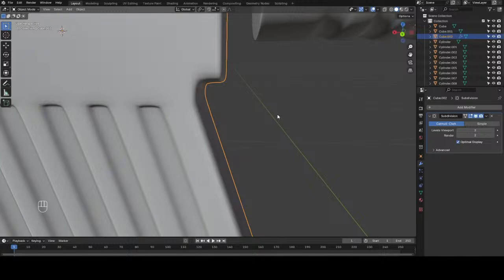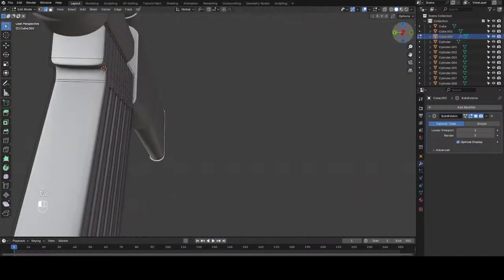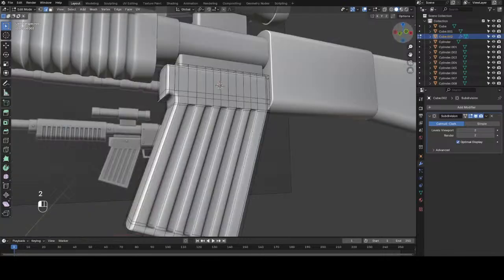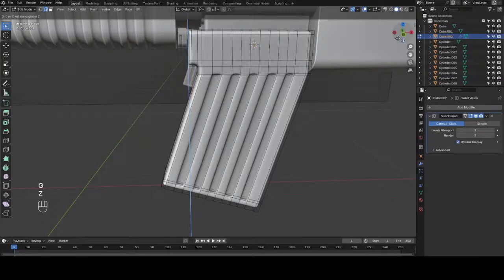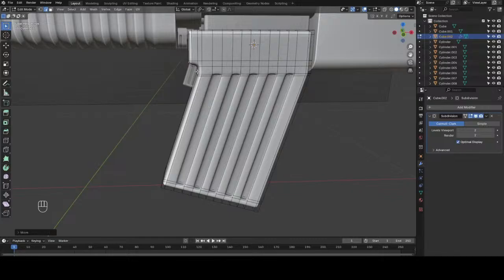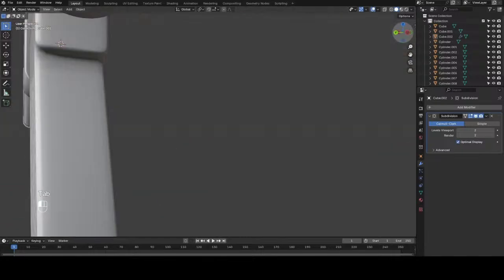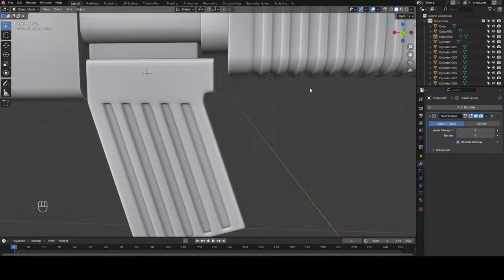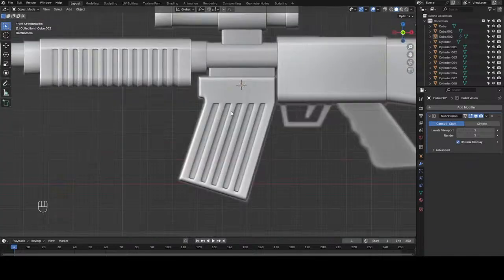Okay. All right. So let me select this edge here. In the edge selection mode, select this edge here, and then take it up. And see what happens. Okay, I think I will just leave it like this. Okay, so the next thing we are going to model here is